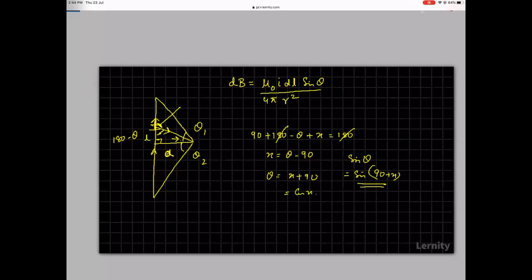So I can write this as mu naught I dl, and instead of sine theta, I write cos x, where this angle is x here, divided by 4 pi r squared. Now what will cos x become? Cos x will become equal to a divided by r. Now when I substitute, or when I find out